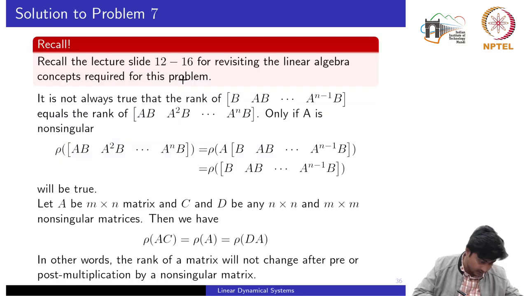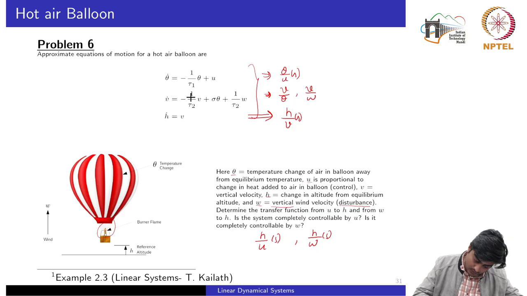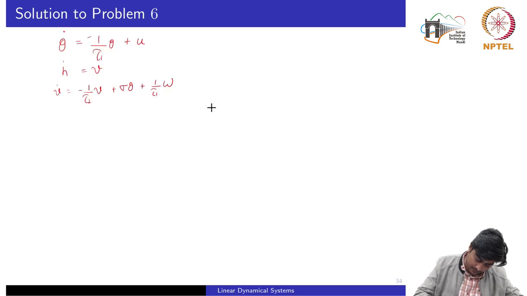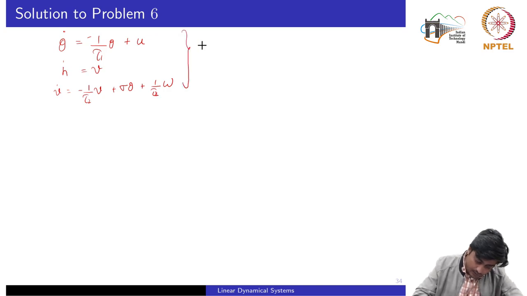I think we have written correctly. So 1 by minus 1 by tau 2 v sigma theta plus 1 by tau 2. So this should be 1 plus tau 2. Okay, so now from here we need to compute the transfer function h by w of s by putting u